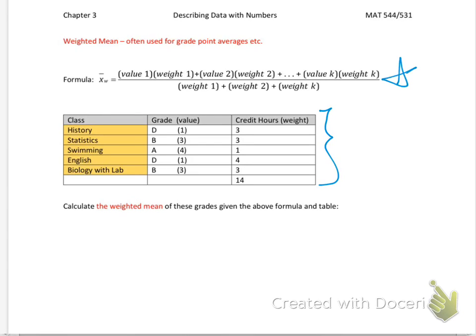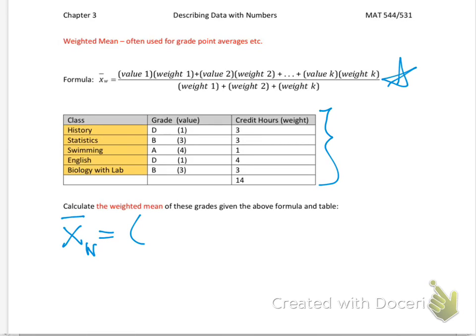Okay, here is our whole formula, but really you will have a better idea of how to apply this if you look at these grades. So when you get grades of A through D, the value of each of these grades is listed in parentheses. Okay, so those values should be familiar to you. So to figure out what your average is, so what's your average for the semester if these are your classes? So what you would do is you would take, so I'm going to put a W because it's a weighted